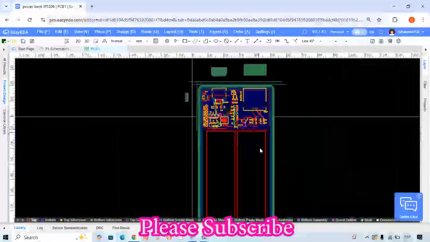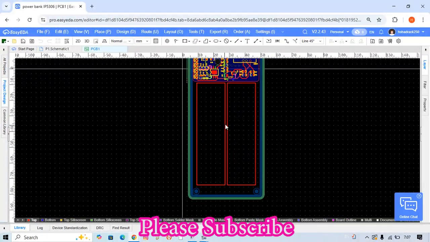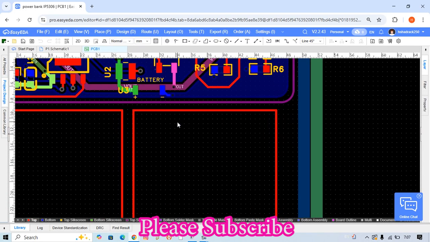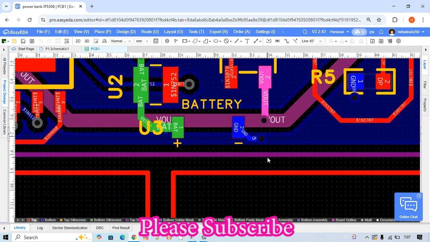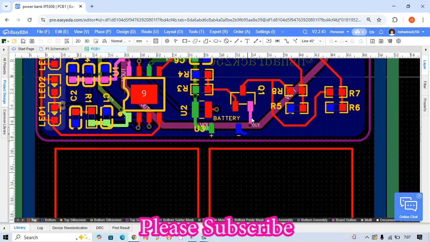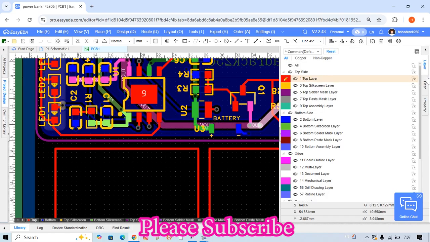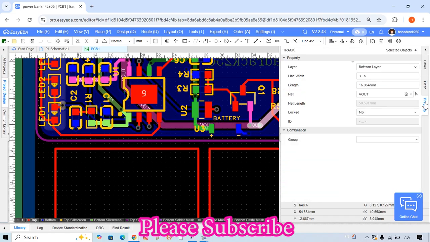And then here I suggested to put the battery, 3.7, and here I put the connector for the battery. You see, if you look at the track ready for the power supply,